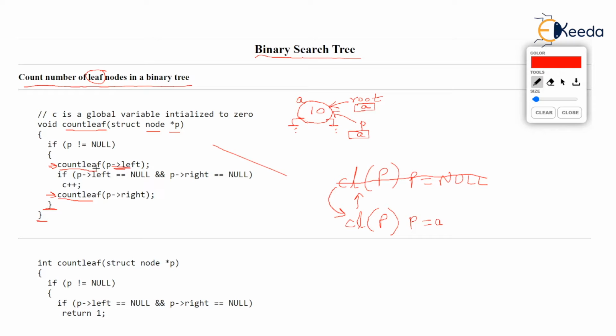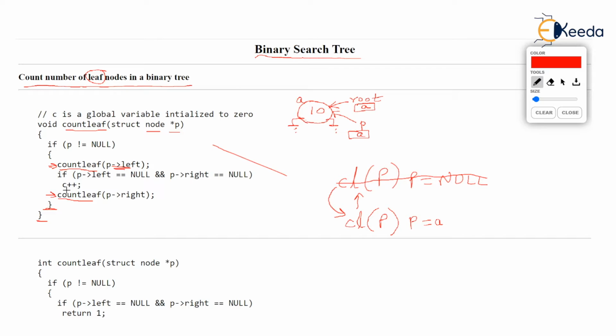Then the if p runs. If p arrow left equal to null and p arrow right equal to null is checked. Genuinely, check the diagram, p arrow left is null and, with the logical operator and, p arrow right is also null. Both these conditions are true, so we'll increment the counter C, where C is assumed to be 0 initially, then C is going to be 1.